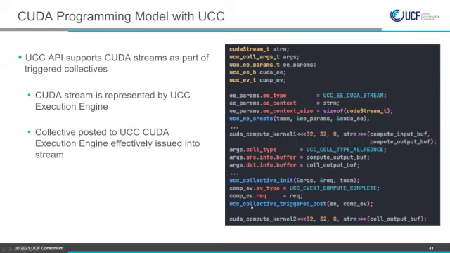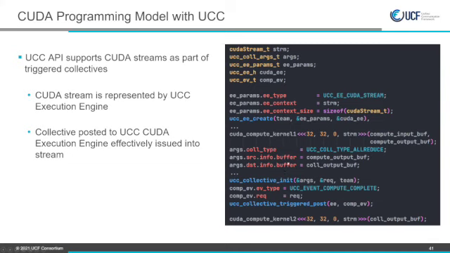So this is the modified version of the previous code, but now it uses the triggered operation semantics from UCC. What has changed is we create a UCC execution engine here, setting the execution engine type to CUDA stream, and also providing a stream. So we need one execution engine per stream. Then we start compute kernel 1 on the stream here. Then do collective init as usual.